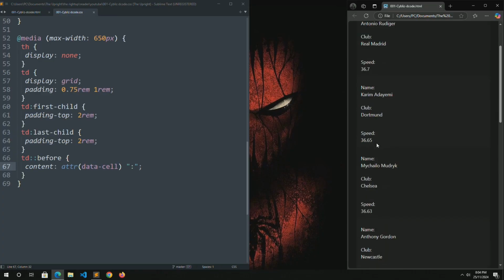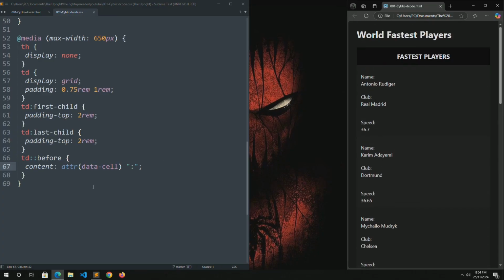For us to make it look more readable, give space, refresh. So this is what we have. If you like, you can remove this, refresh, and it will still be the same. But we will keep this